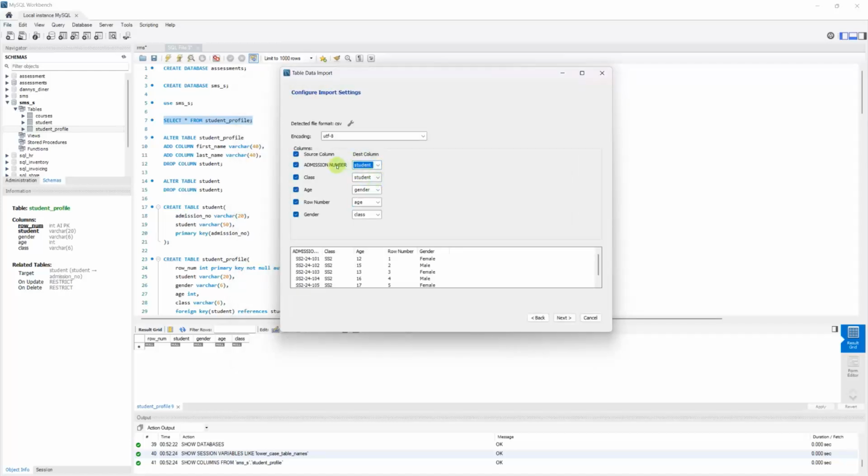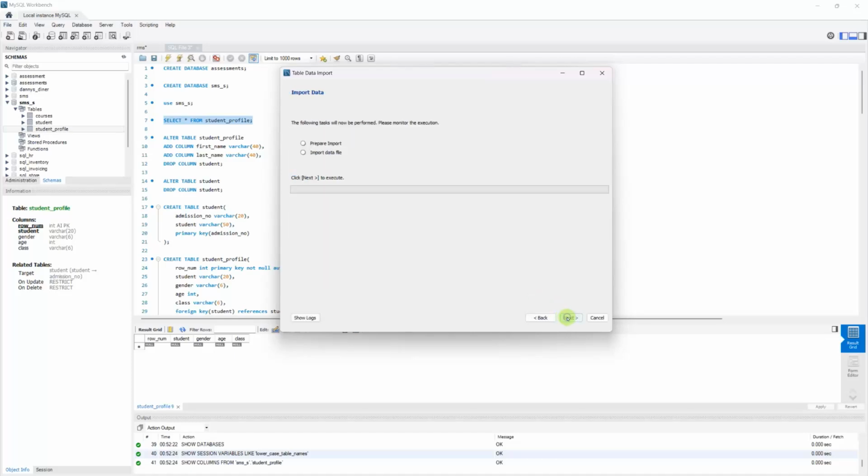So I've done the import. I'm just trying to map. I think in my student profile, I made the roll number, if I remember correctly, auto increment, so I'm not going to add that now. I'm just going to remove row number and just map these four. Next, import,